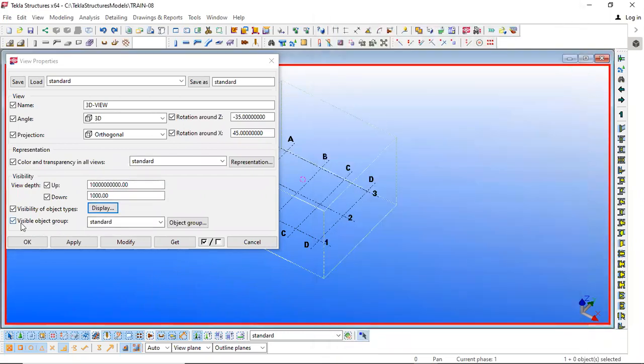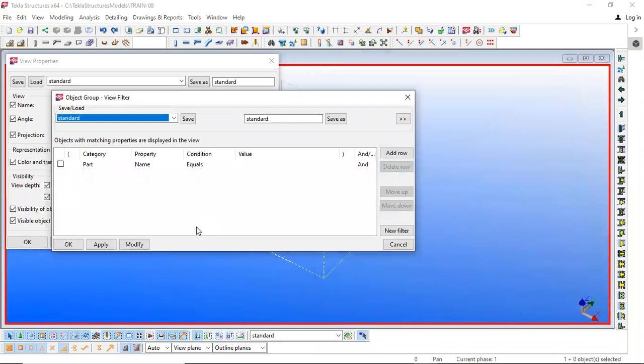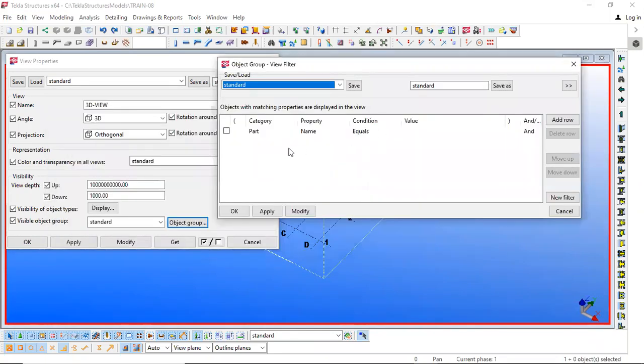And lastly, we have this visible object group. We have this button here, object group. Now, what this object group does is, there are certain rows here. You can add a number of rows here, which will define the condition for controlling the visibility of objects.